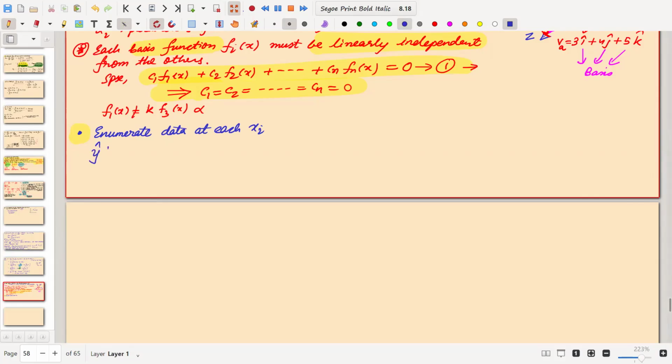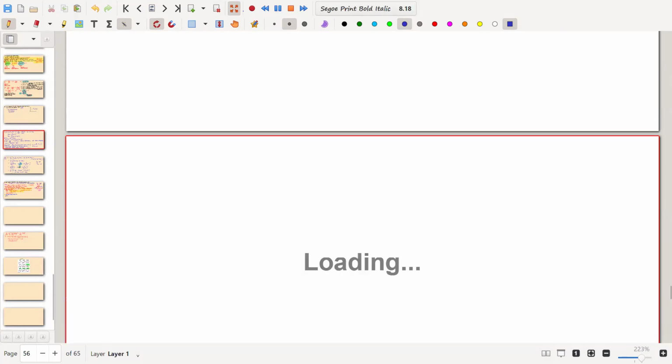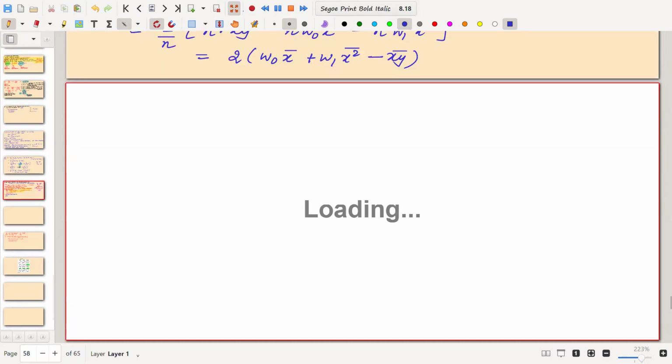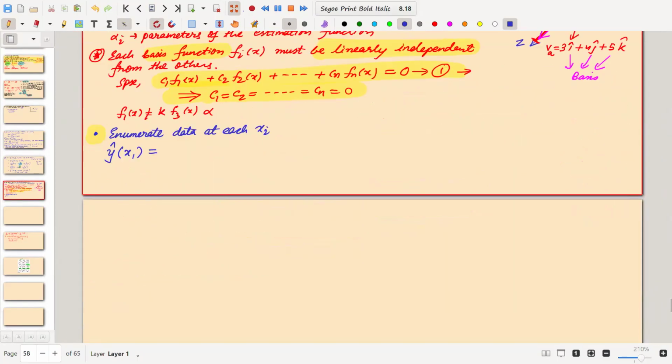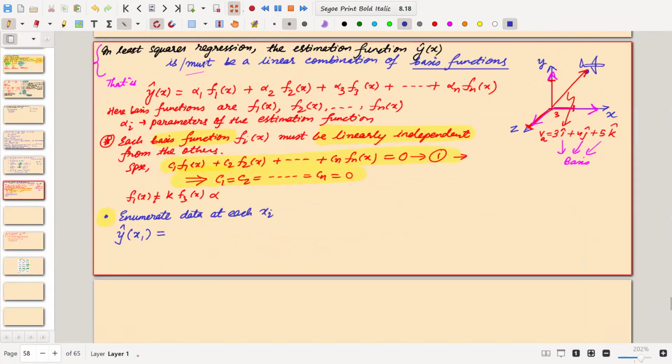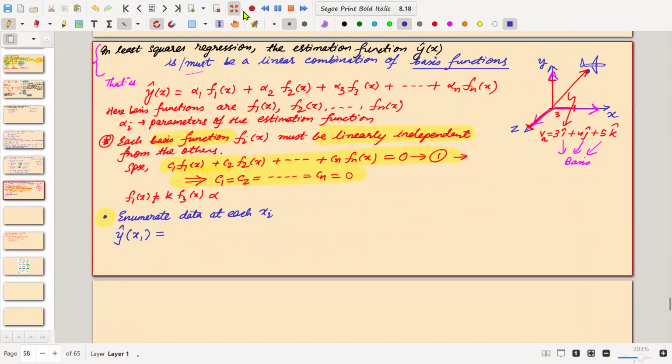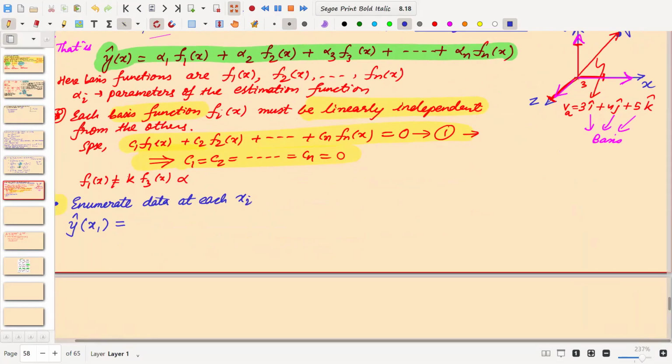So the estimation function y of x, at x1, y cap at x1 is equal to, can you follow this? Can you follow the green ones? Using the green ones, y cap at x1 we can write as